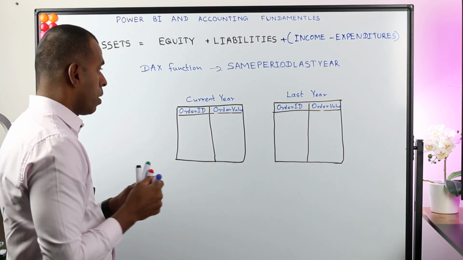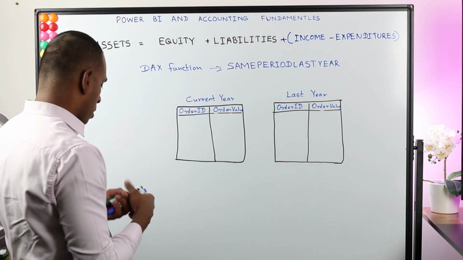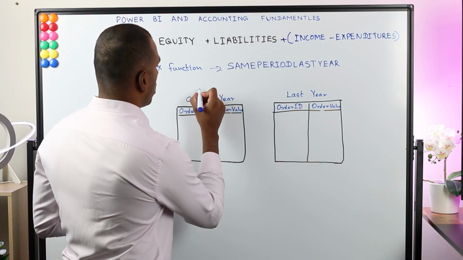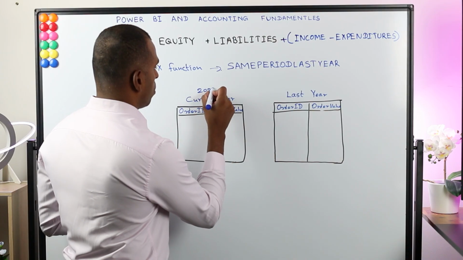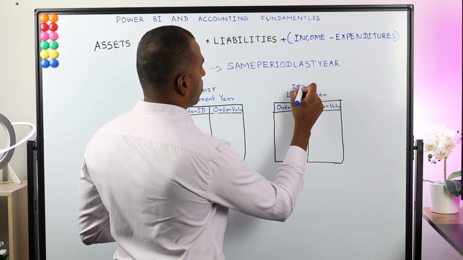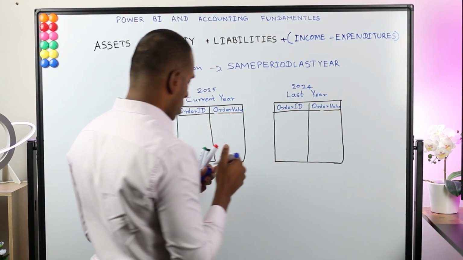So in here, let's say the current year is 2025. The last year is 2024 then. Alright, so